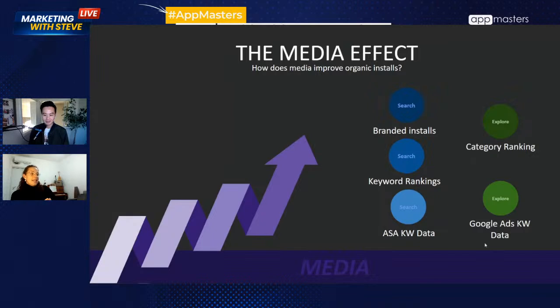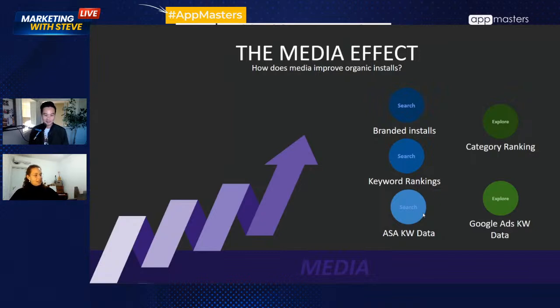And then the data that we get from specifically Apple Search Ads and Google Ads can really support our ASO strategy when it comes to keywords. With Apple Search Ads, we can see conversion rate by keyword. For the keywords where we get a lower CPI, it means that the App Store also correlates our app with the keyword. So we definitely want to use it in our keywords in our metadata. So that's big.